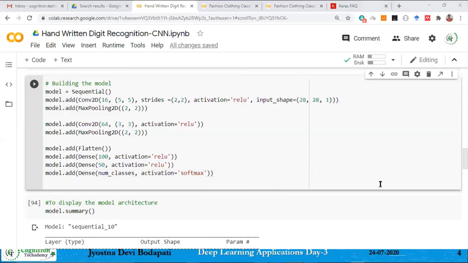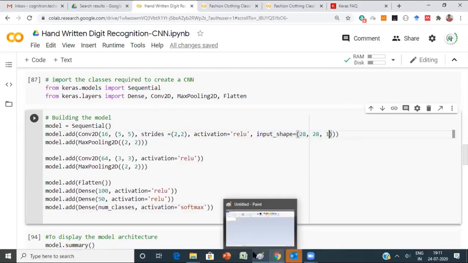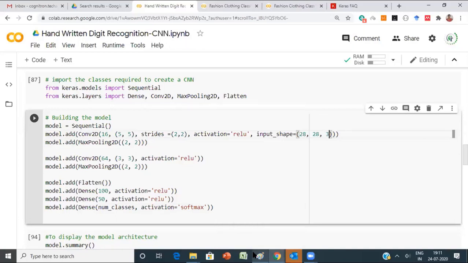Madam, one doubt. If you are considering a 3D image, we want to use the depth parameter, no, ma'am? Yes, in that case you need to pass the depth parameter. Here in the input shape, you need to pass the depth, whatever the depth is. If it is RGB, it will be 3, right? So in that case, you need to pass it as 3. Here your convolution size also should be 3D. Is it fine?